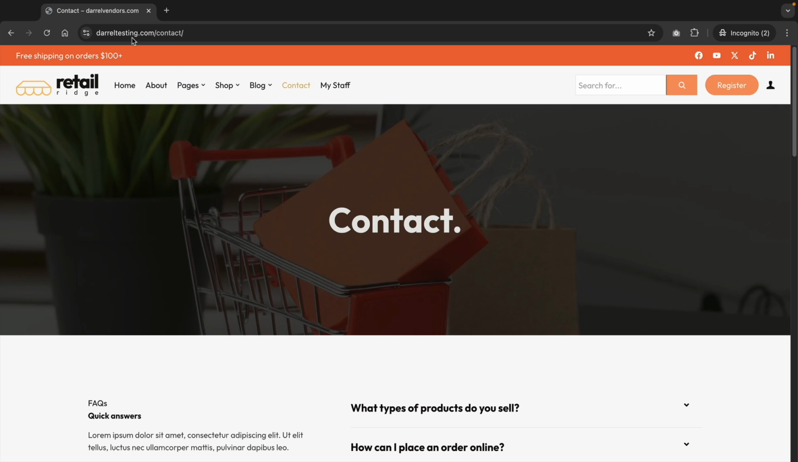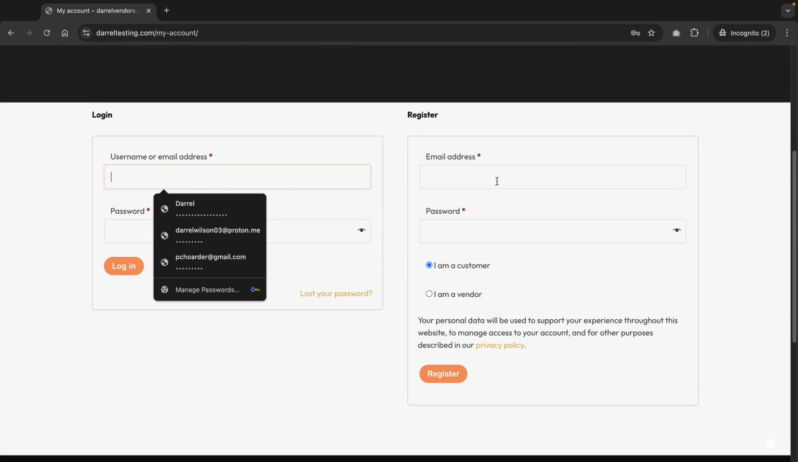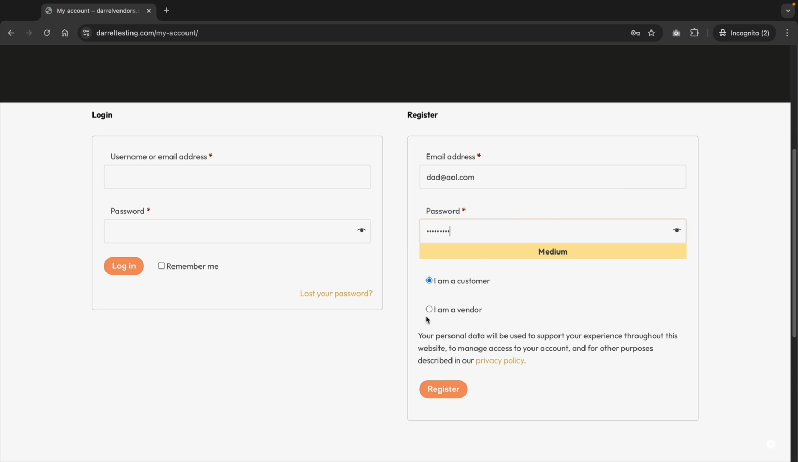Okay, so let's imagine I'm a customer here and I want to register on the website. I'm going to click on my account, and you're going to see that we have the login, and then we also have register. So users can now register on your website as a customer or as a vendor right here. So what I'll do right here is quickly go ahead and create an account for the